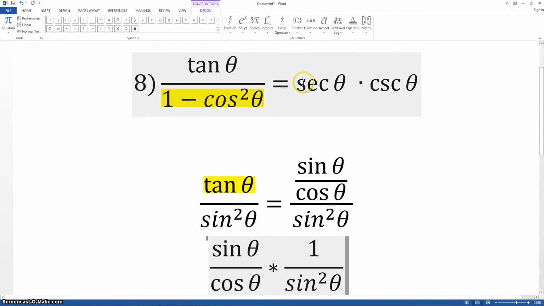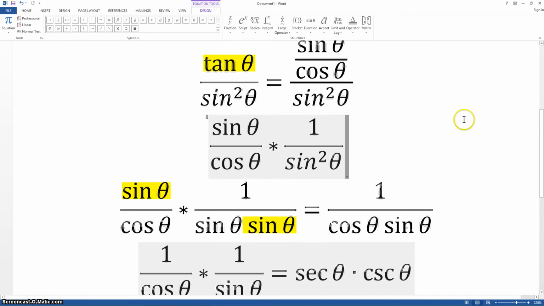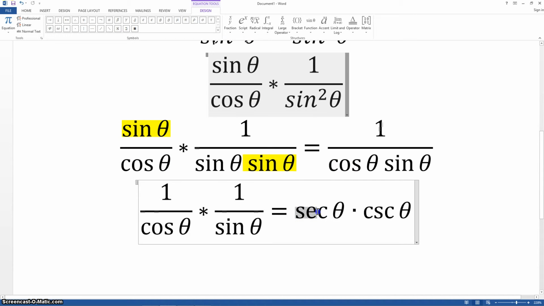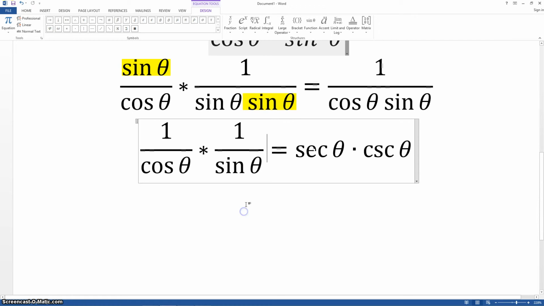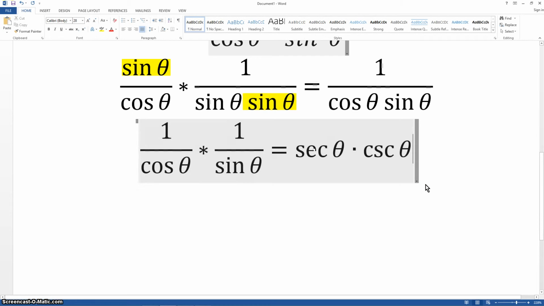Remember, if I would have gotten the cosecant first and then the secant, it's the same thing, because multiplication you can do forwards and backwards. 2 times 3 is the same thing as 3 times 2. So even if you would have gotten cosecant here and secant here, that still would have been a correct answer. All right, so